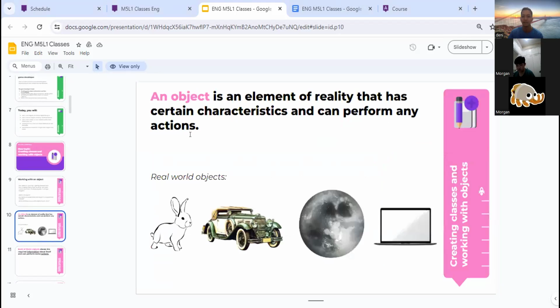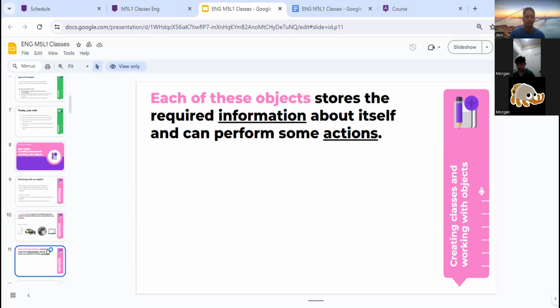An object is an element of reality that has certain characteristics and can perform actions. As you can see here, there is a rabbit, a car, and a laptop. Here are examples of real-world objects. Each of these objects stores the required information about itself and can perform some action.